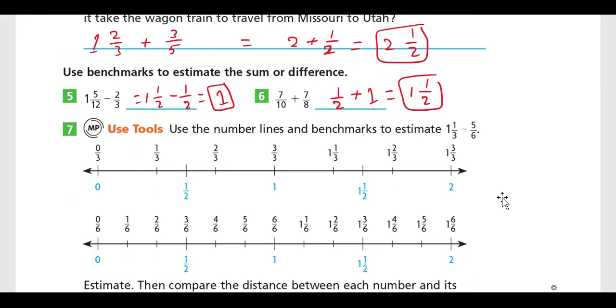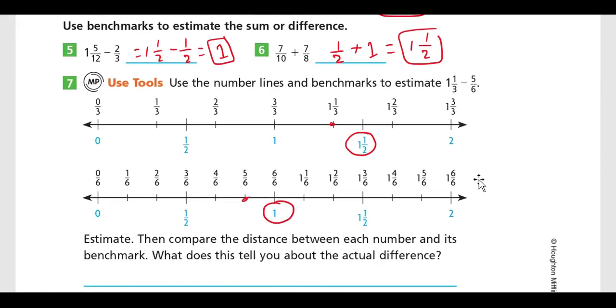So 1 and 1 over 3, use this line. So this is 1 and 1 over 3. It's close to 1.5. 5 over 6 is close to 1. So if we need to estimate it,